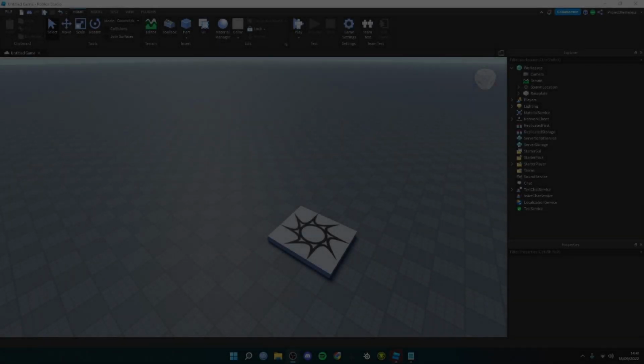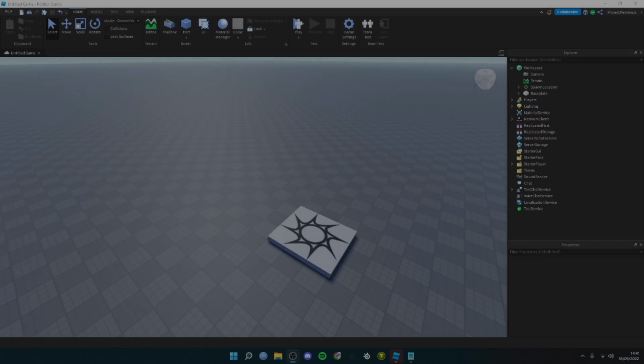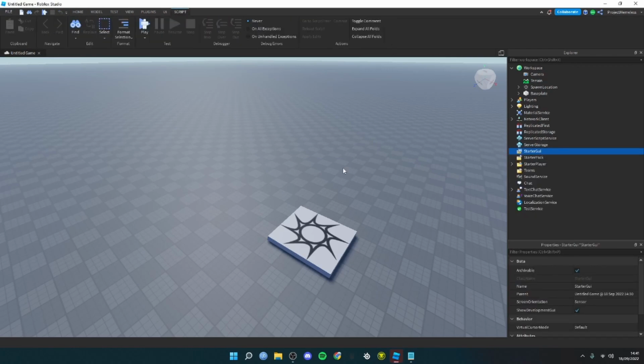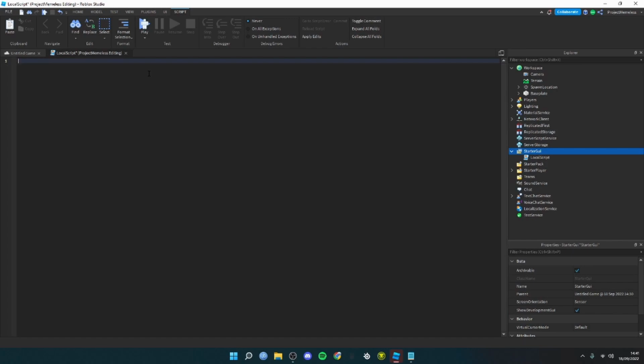Today I'll show you how to make it so you can see your own body in first person, so let's get into it. First of all, let's make it a first person lock. So you want to go to StarterGui, add in a local script and copy the following: